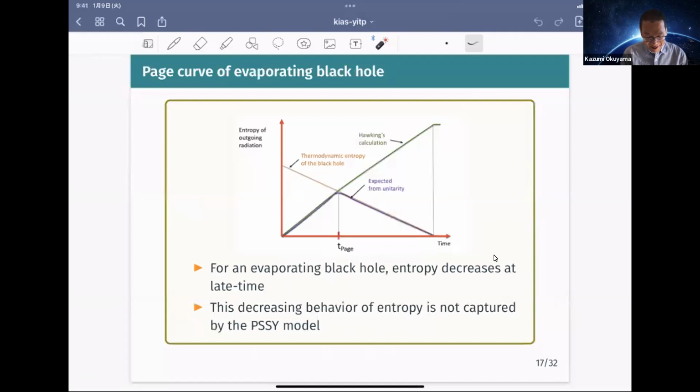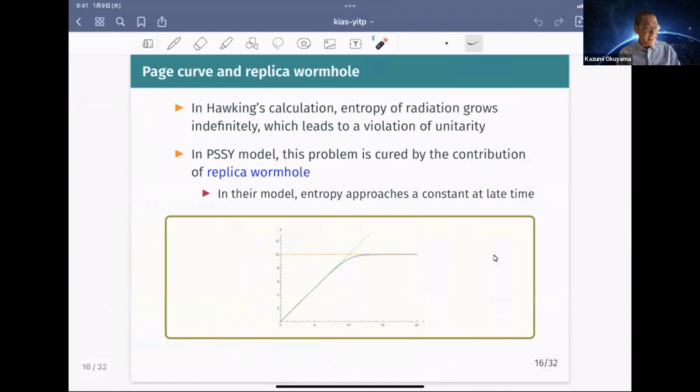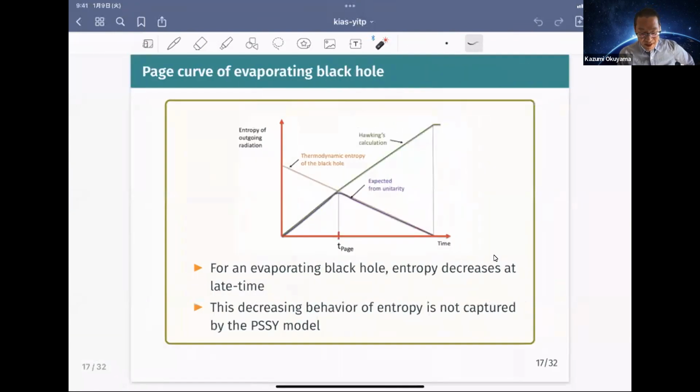But this result is very interesting, and this gives a clear explanation why the Hawking radiation is modified by including the contribution of the replica wormhole. But it's still a little bit unsatisfactory, because in the more realistic situation of the evaporating black hole,